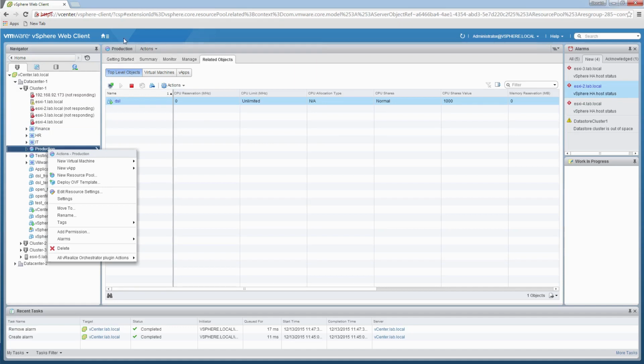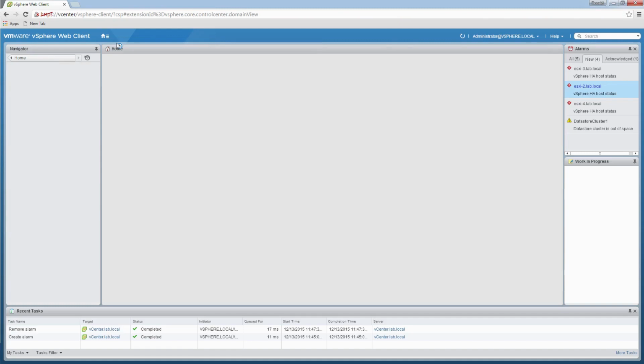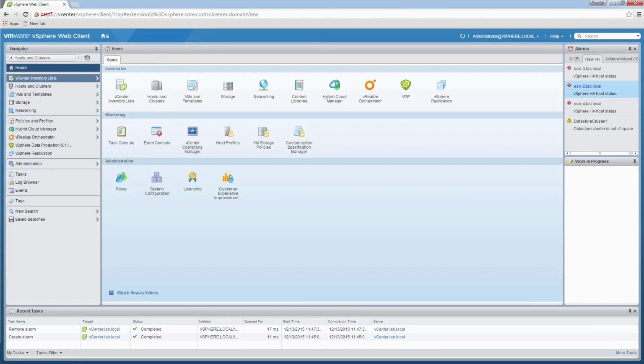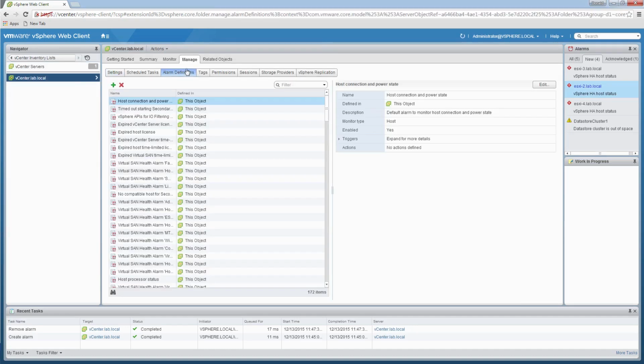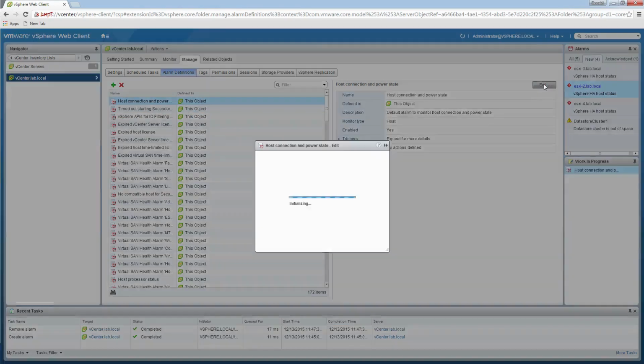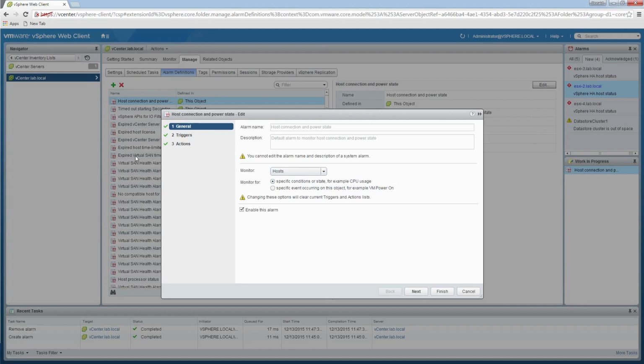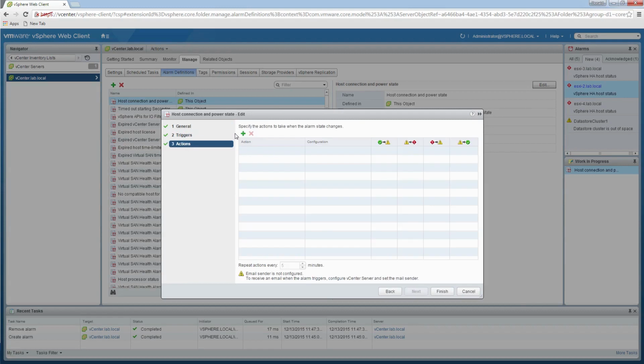Okay, so let's just go back to our vCenter server here. I want to set up my mail first for this, so let's just click on one of the alarms that's already defined here, and I'll edit this over on the right. If I come to action, we'll go through these different options just now. Once this alarm is triggered, the action that I want here, the default one, is to send a notification